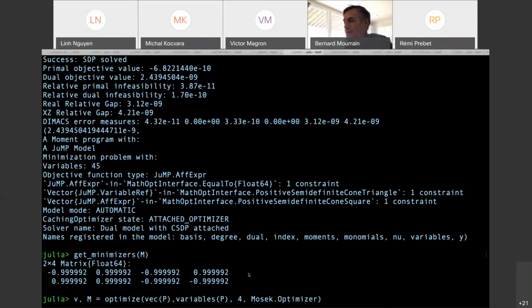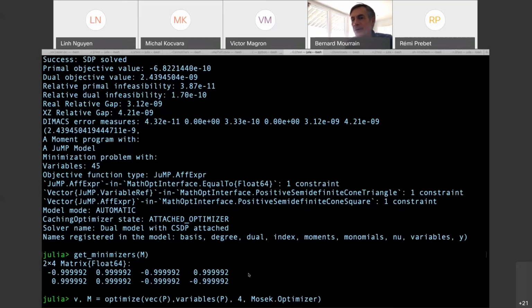So as you know, if we do the relaxation for the Motzkin polynomial without the bounded constraint, it can give some solution which is not coming from a measure. In this case, it's close to a moment sequence coming from a measure.